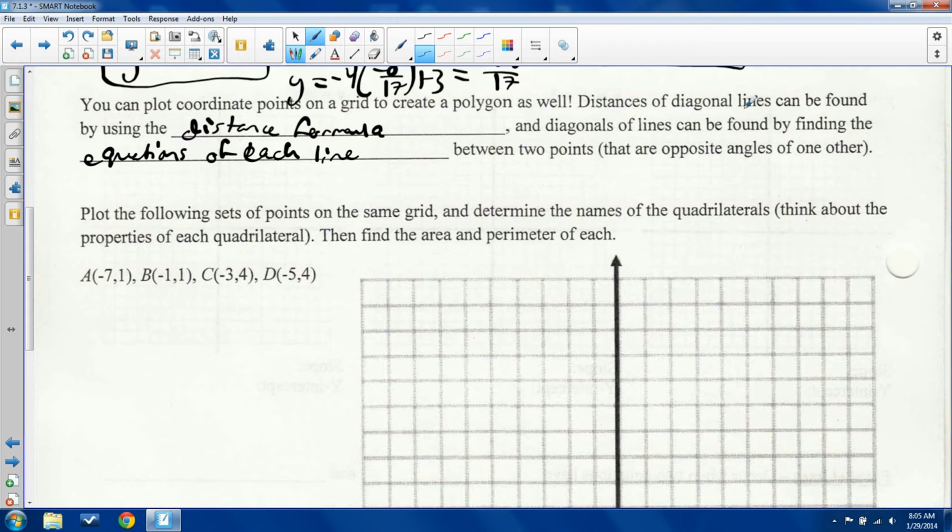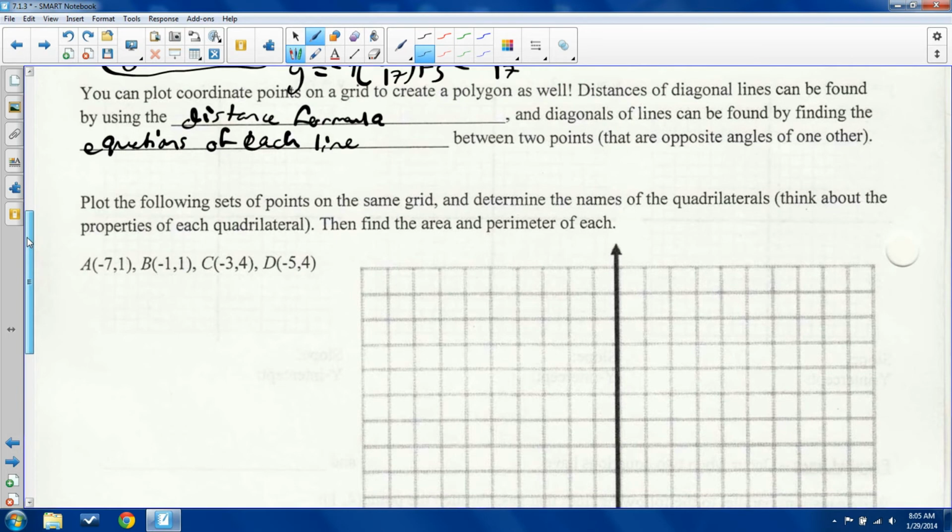So there's a difference between diagonal lines, right? So a diagonal line is something like that, and diagonals of lines. This should be diagonals of polygons. Diagonals of polygons. So if I have a polygon here, here's my diagonal. Whether or not it's actually diagonal, the fact that it goes across 2 different points is what matters most. So that should be polygons. Okay,